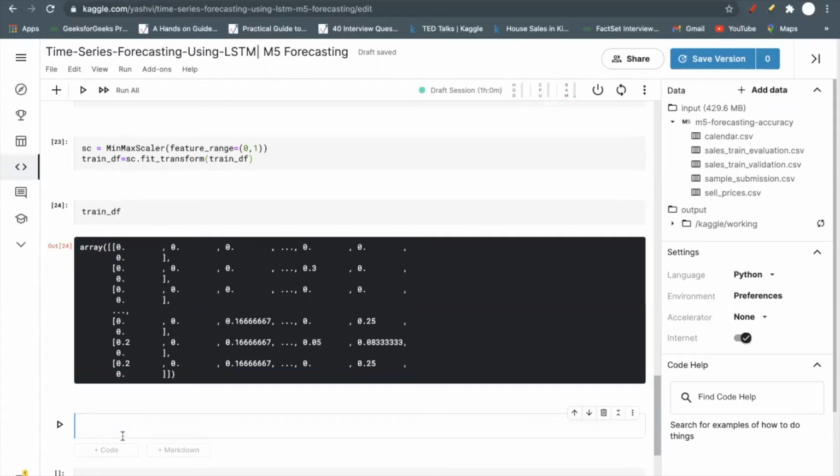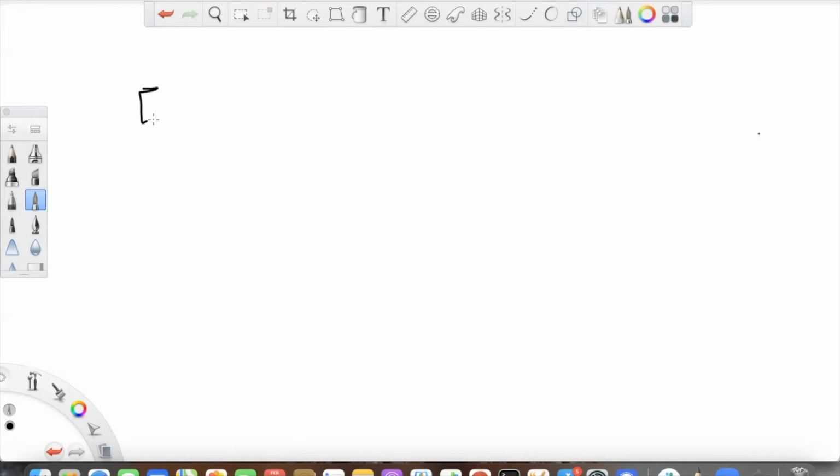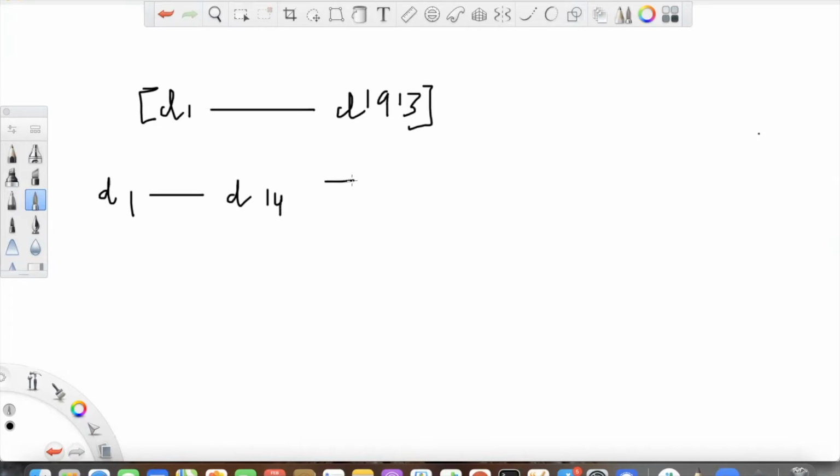So here is the main part: converting our time series data into a sequence problem. We have sales from day 1 to day 1913, right? So what we will do is take sales from day 1 to day 14 as our input, and the sales of day 15 will be our output.